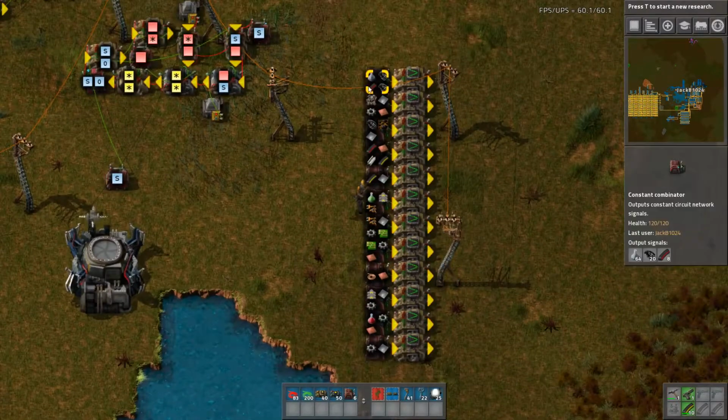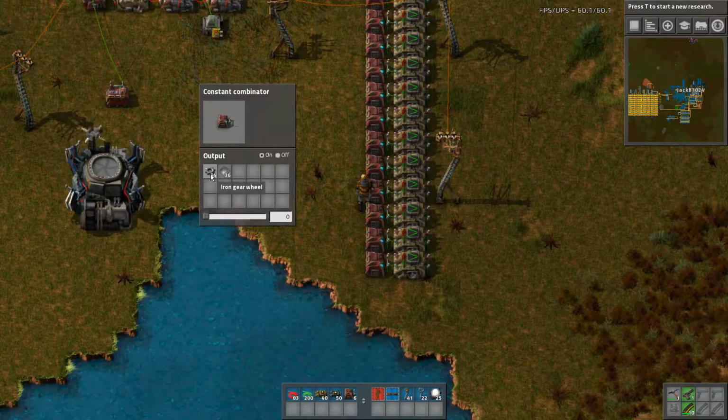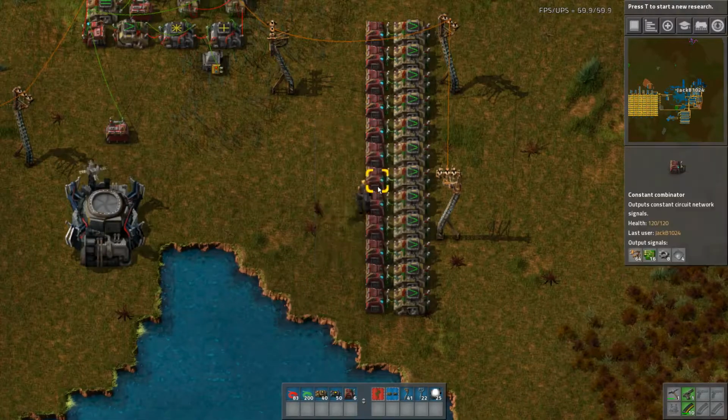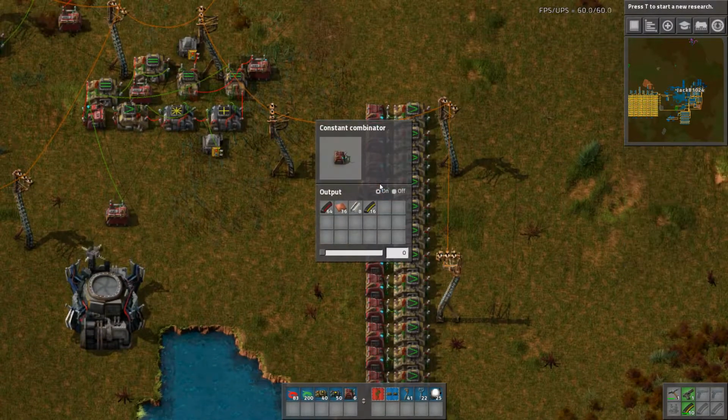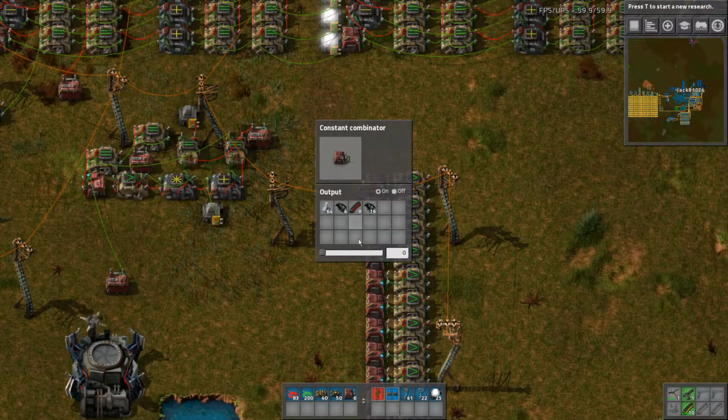This one basically is a lookup table of sorts. So I've got everything that we want to craft and the belt configuration for it. So for iron gear wheels, our belt configuration is 36, which is the 32 belt and the 4 belt. And same, so we've got Science Pack 1 with those, transport belt, copper wires, circuits, inserters, green science, yellow ammo, red ammo, grenades, turrets, and military science packs. And that is not set up correctly. Military science packs takes